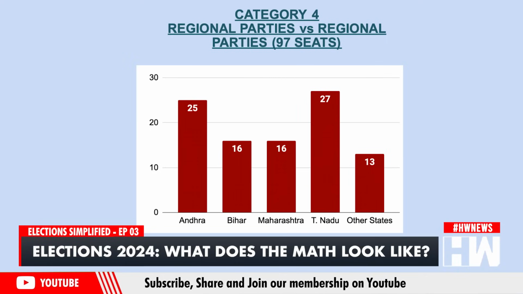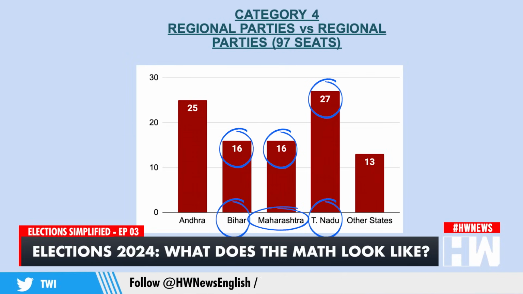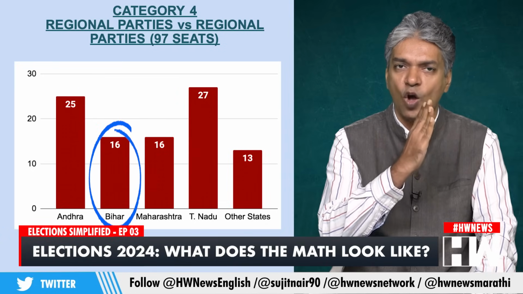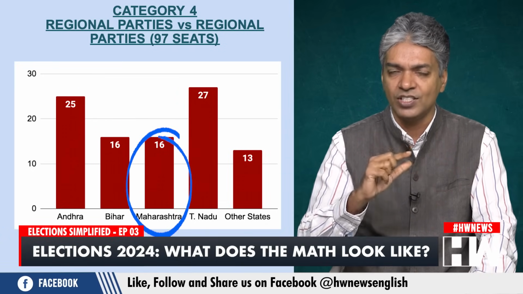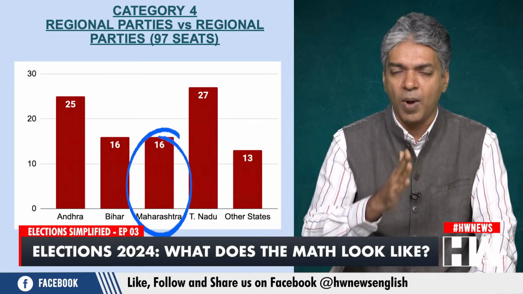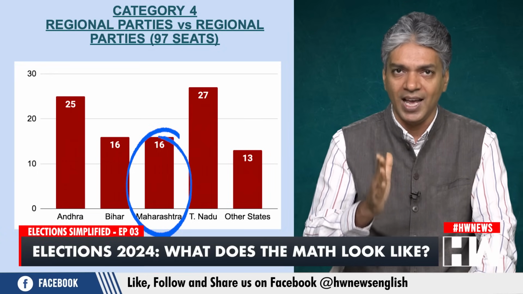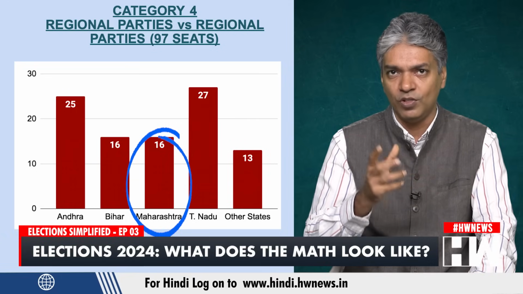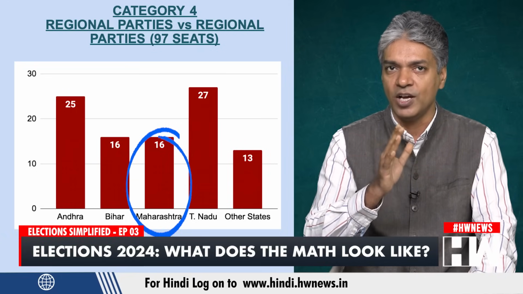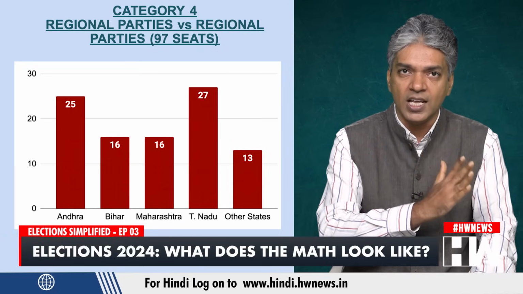Also, alliances are already in place here in states like Bihar, Maharashtra, Tamil Nadu. But the changes in dynamics could play a role here, as some allies have crisscrossed. Like the JDU has hopped from the NDA to the INDIA bloc, whereas the Shiv Sena has suffered a split, and one part, which is led by Uddhav Thackeray, has joined the INDIA, whereas NCP has also sort of split, with one faction led by Ajit Pawar joining the NDA bloc.